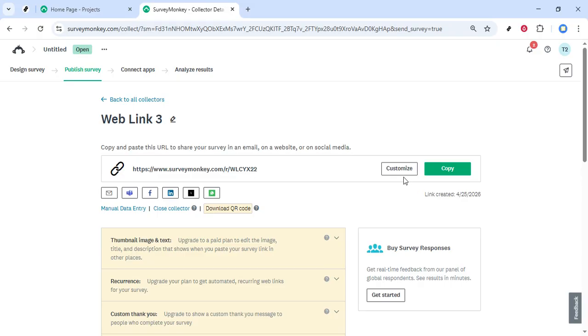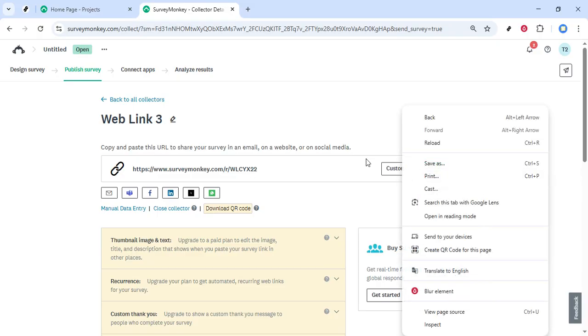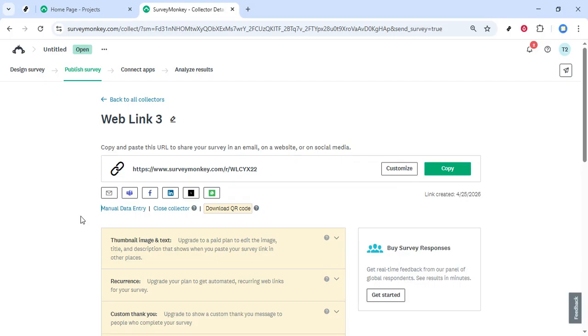And there you have it. Sending a SurveyMonkey survey as a link is a quick and effective way to distribute your survey to a wide audience. Remember that the process is straightforward once you know where to navigate within the